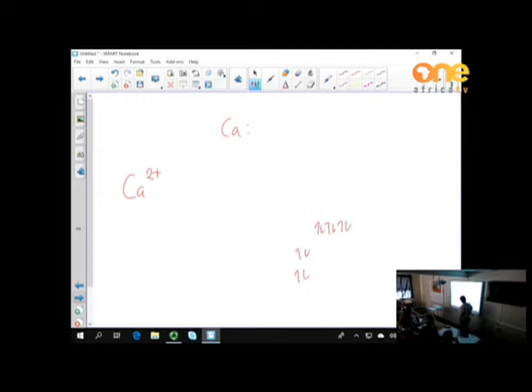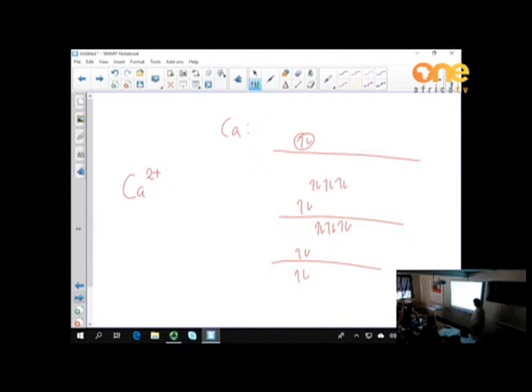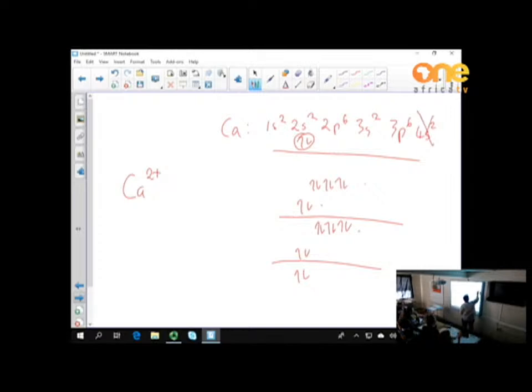Are you with me? Okay. So 1, 2, up to 10, 11, 12, up to 18, 19, 20. Not so? Okay. So for calcium, the metal, it is going to be 1s2, 2s2, 2p6, 3s2, 3p6, 4s2. But the calcium ion, okay, because it loses its outer shell electrons,